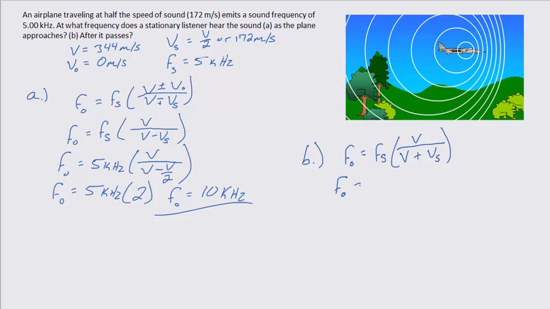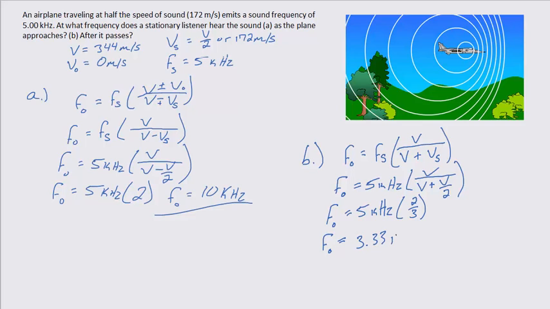So we can rewrite our equation where the frequency of the source is still 5 kilohertz multiplied by the velocity of sound divided by the velocity of sound plus the velocity of our source, which is 1/2 the velocity of sound. And so if we were to simplify our equation, we would get 5 kilohertz multiplied by 2/3. And when we do so, we see that the frequency that we would observe is equal to 3.33 kilohertz,